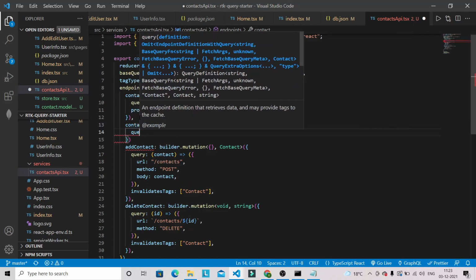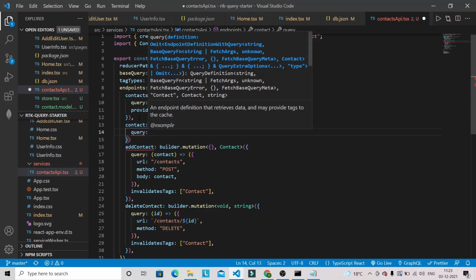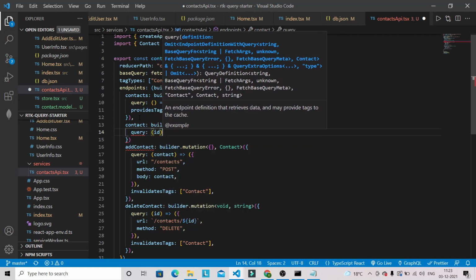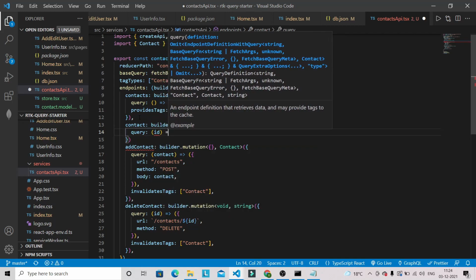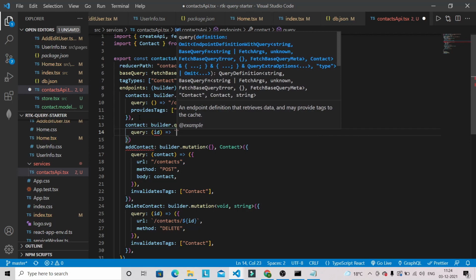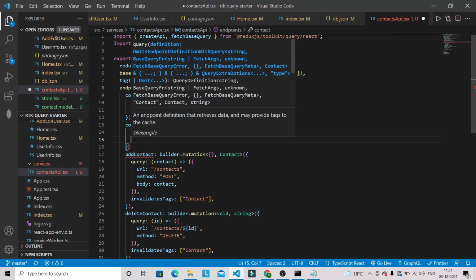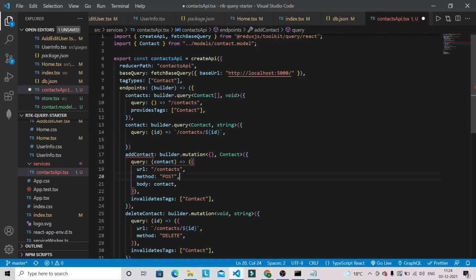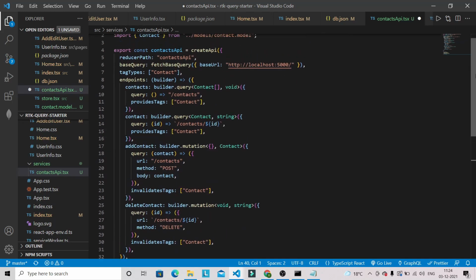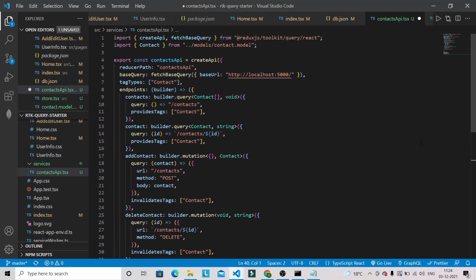Inside that we're going to have the query, and we mention our url here. Again we use the backtick, and this will be contacts with the id specified. Again we have to add providesTags for fetching the single contact based on the id, and we put a comma here, and let's expose the hook for this one as well.